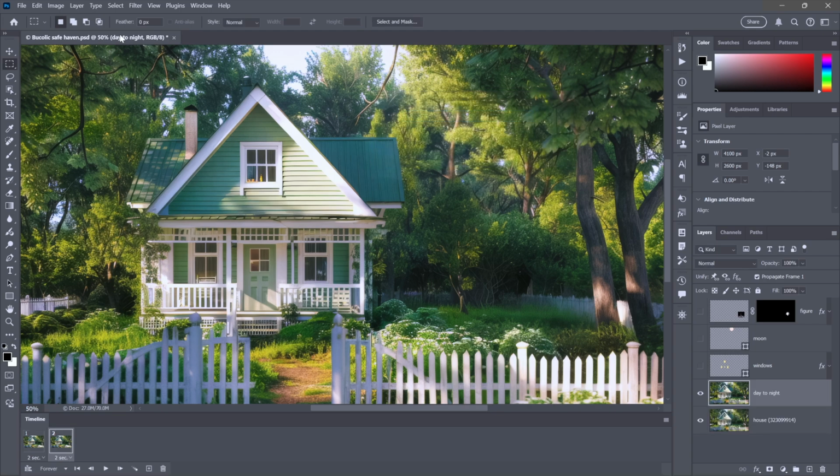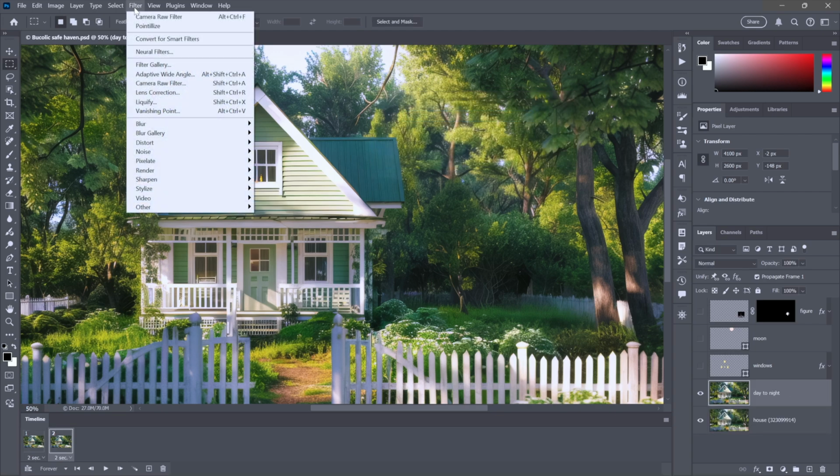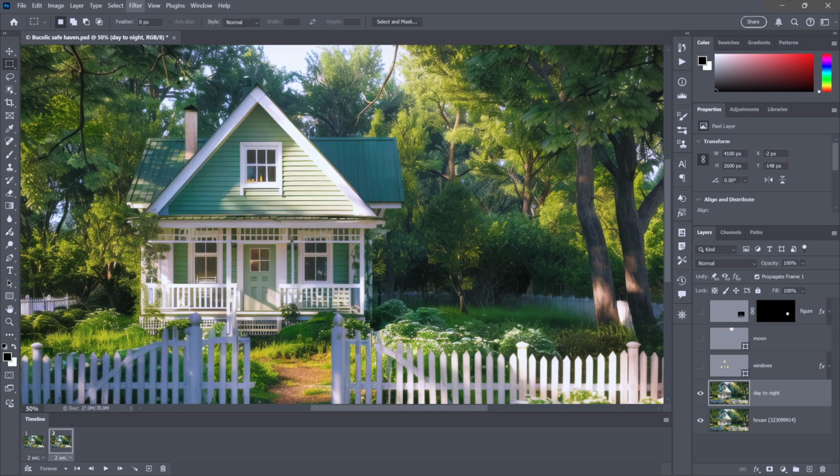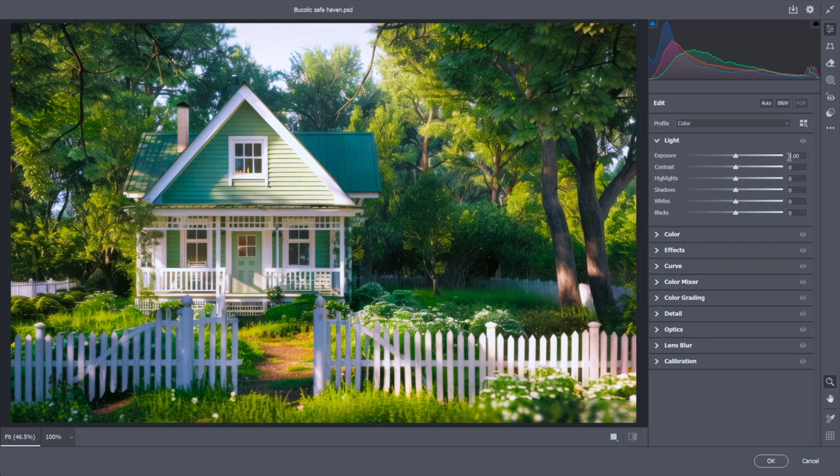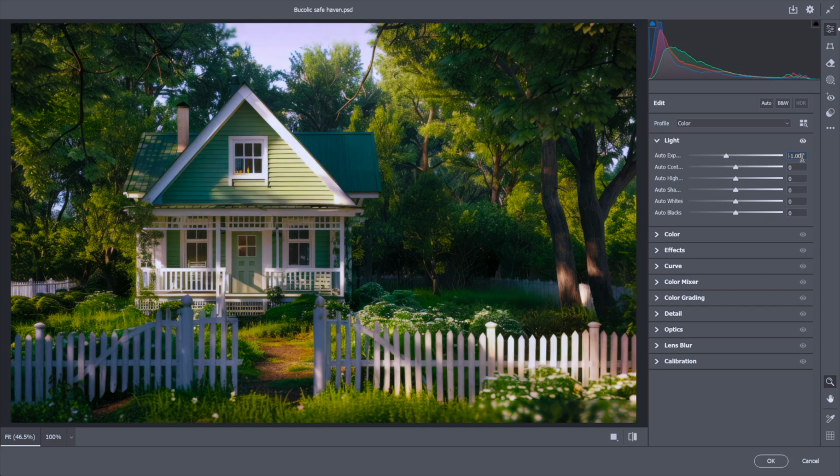And I'll go up to the Filter menu, and I'll choose Camera Raw Filter. And this is kind of the Camera Raw version of what Ed Wood Jr. would do. So the first thing you want to do is click in the exposure value and take it down